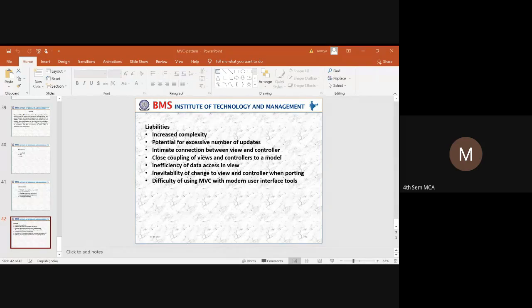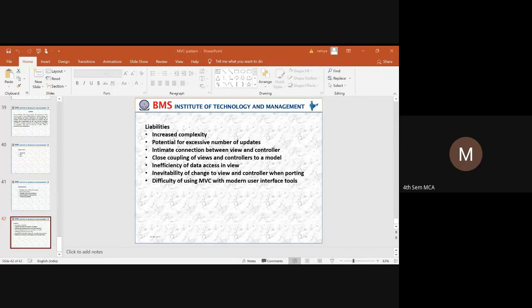That means there can be chances where the controller can be out of control while displaying the different views, because during runtime multiple views have to be generated. So during that time some code may not be in a working state due to the large amount of data or due to the model's interface. So these are the problems.